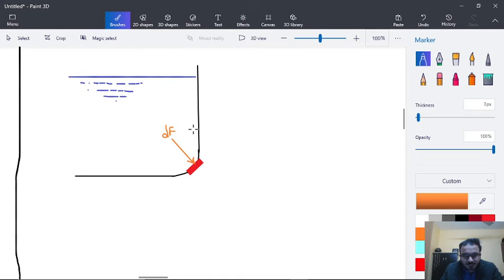Then this angle will be theta, so we will be getting this as dFy, and this as dFx. So now we are done with this figure, and there is one more thing,